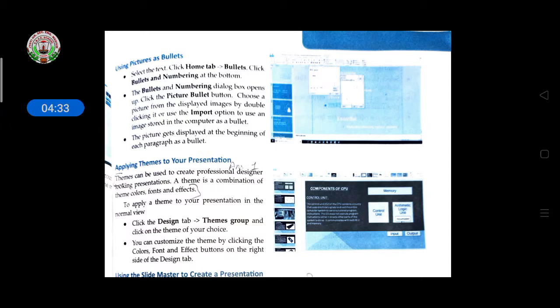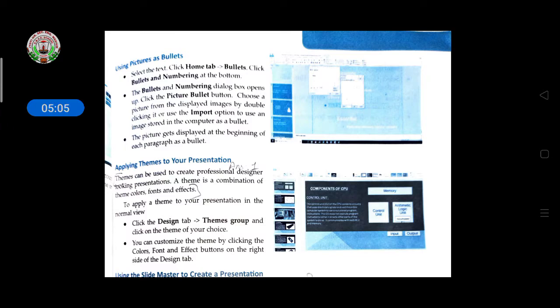That icon you have to click, there two options will come, bullets and numbering. And if you want to put the bullet, means a sign, a square sign or rectangular sign, dot sign, or any flower picture or any picture, if you want to write as points, if you are explaining your topic as points, then you can give it. It is known as the bullets.